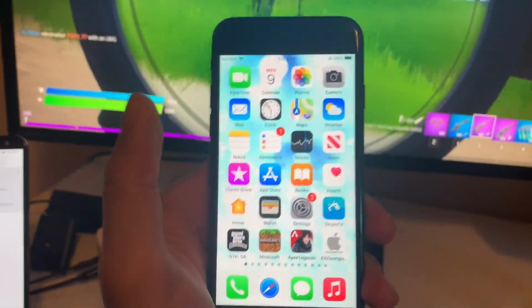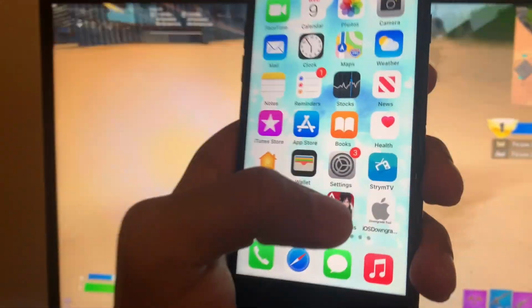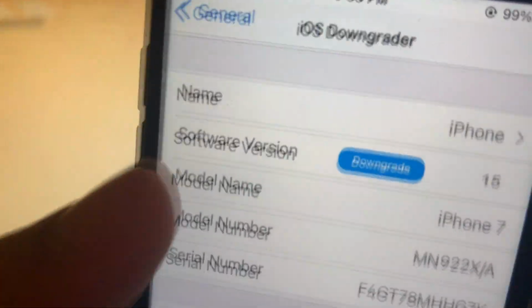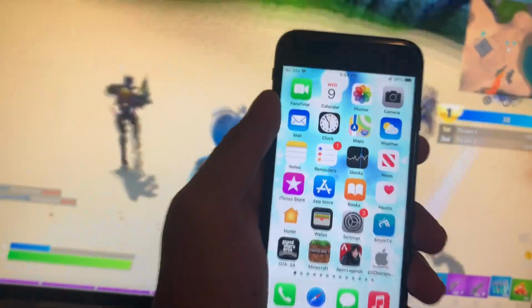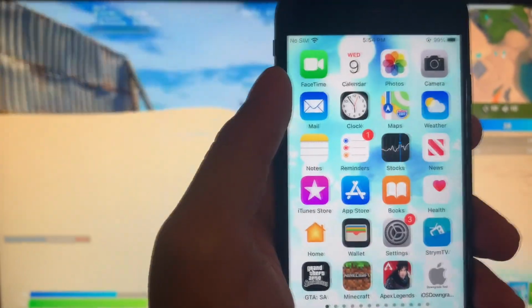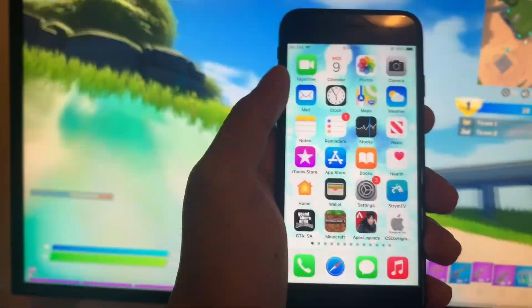Now that we've done that, we are ready to download the iOS Downgrader app and downgrade our device from iOS 15 and get something like iOS 14 or iOS 13. So now I'm going to show you guys exactly how to download the app. It is a tweaked app, like I said, which means you cannot get it from the App Store or the Google Play Store. And the only way we can get this app is from this website called